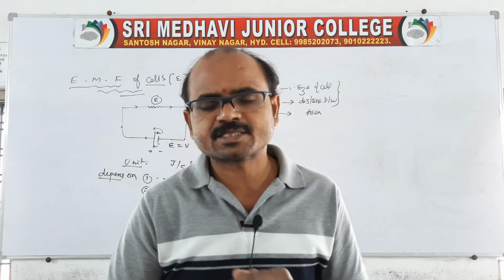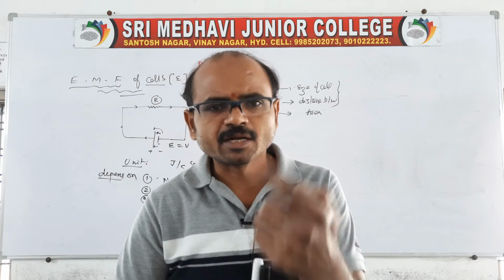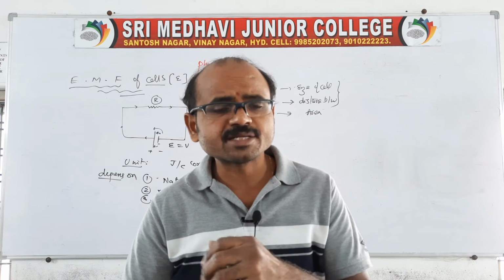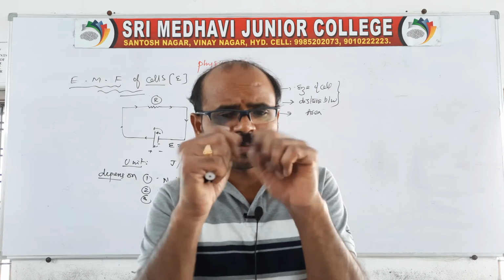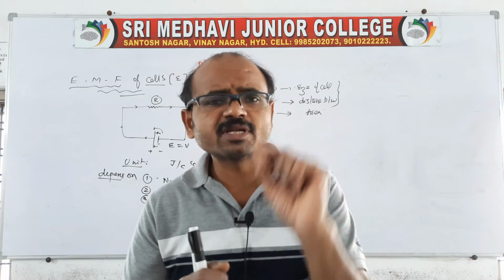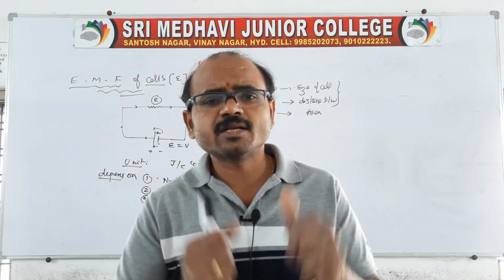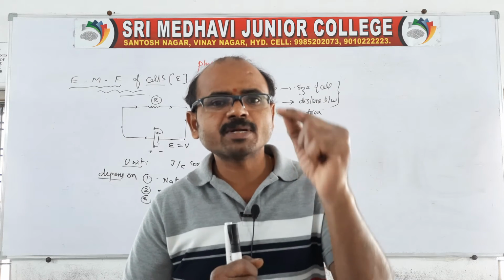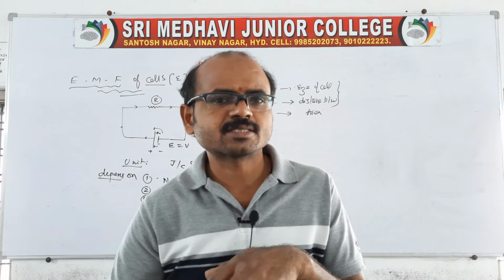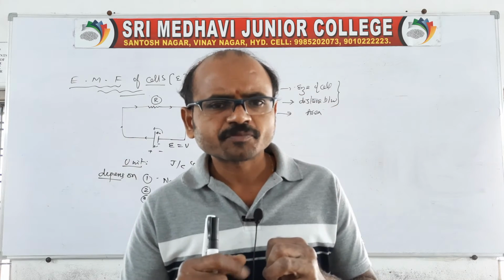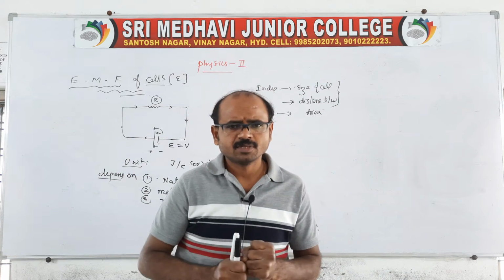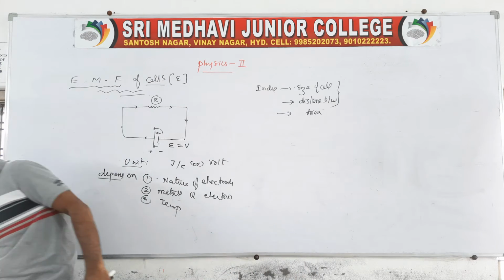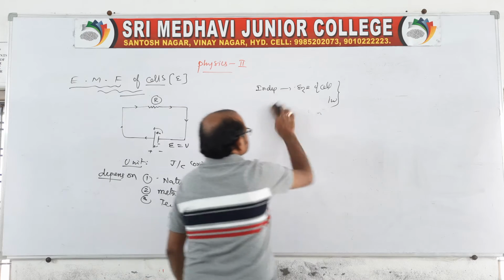Suppose you take the batteries we use in remotes or in watches. If you open them, you will find some black powder. That black color is nothing but carbon. The carbon acts like an internal resistance. So inside the cell there will be some opposition, because the resistance is there. Of course, that resistance is what we call the internal resistance.